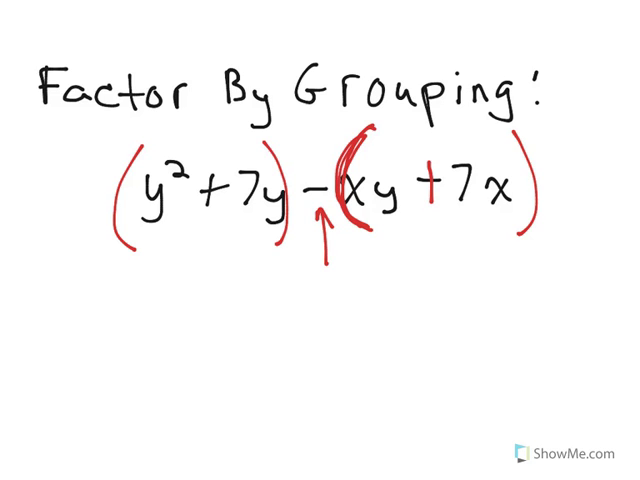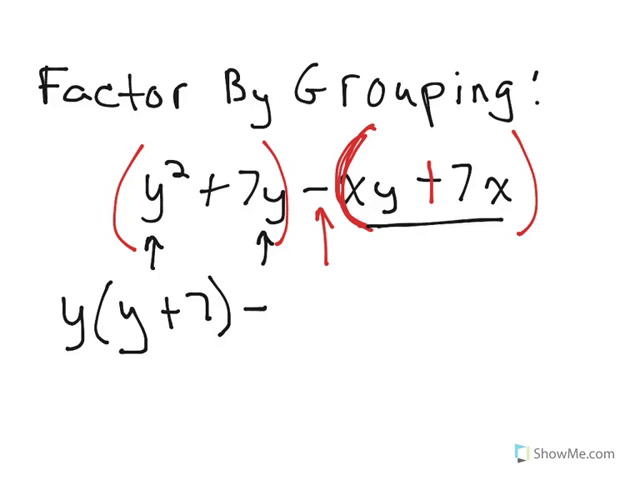So we now have xy plus 7x. Now looking at each set of parentheses, we pull out a common factor. Y squared plus 7y has a common factor of y, so we pull that out, leaving a y plus 7 inside the parentheses, minus xy plus 7x, both have a common factor of x, so we pull that out, leaving